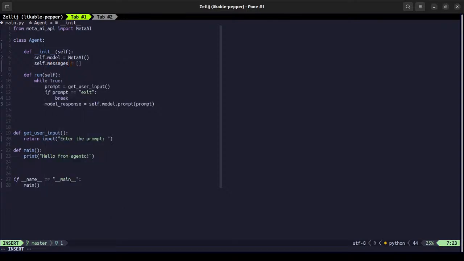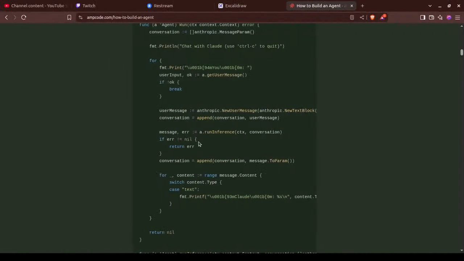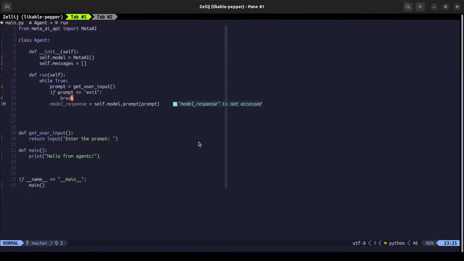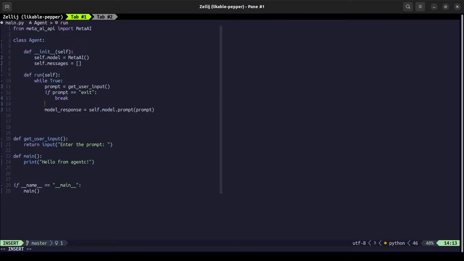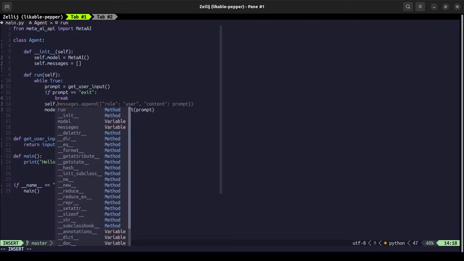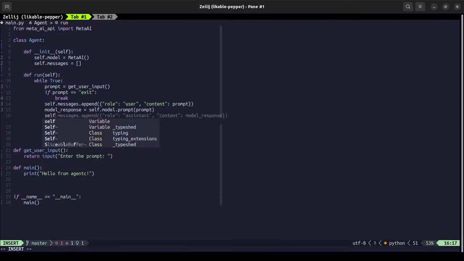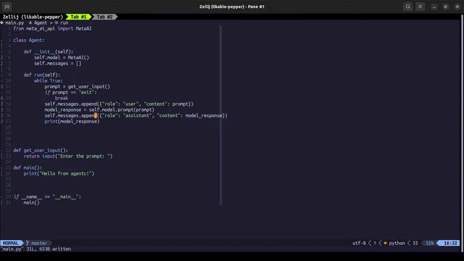So let's call it a list of messages, and here we'll append this, and similarly this will be the assistant and the code here.